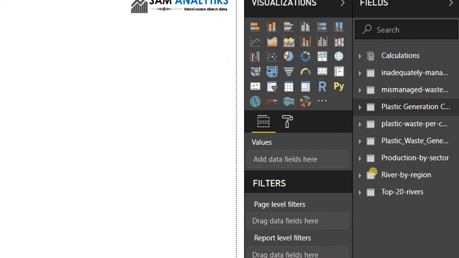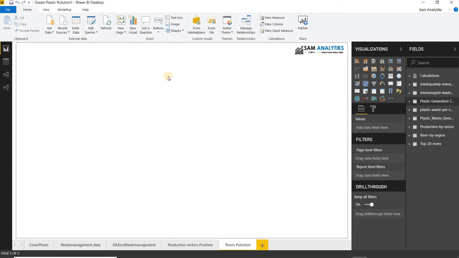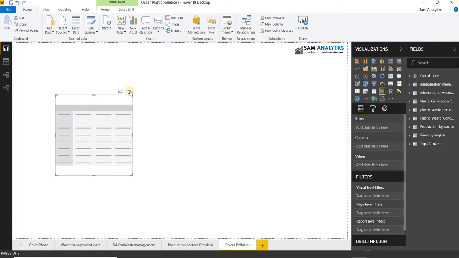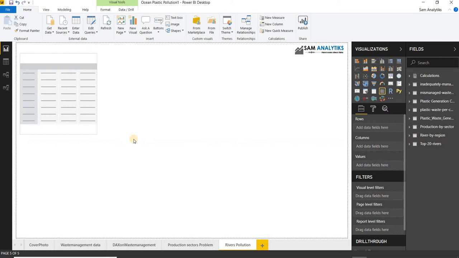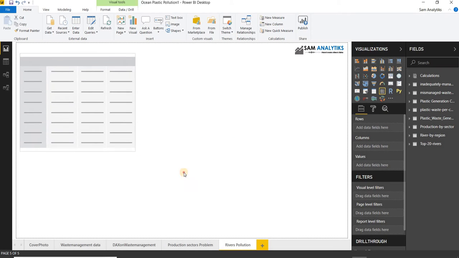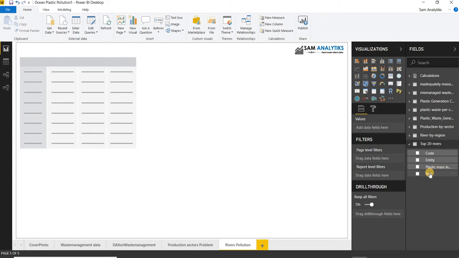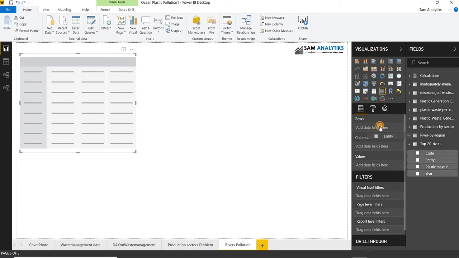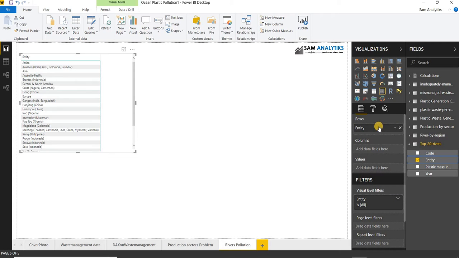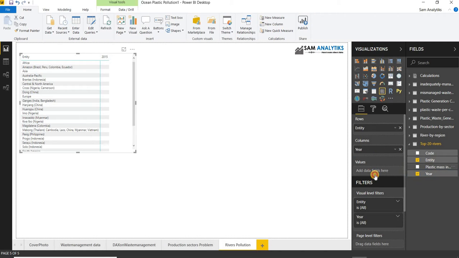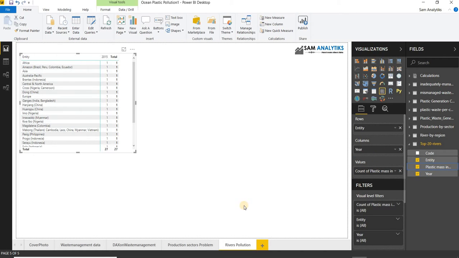Now, if I take the river by region, I would first consider the top 20 rivers. So if I take my matrix in here and put this one at the very top, and what I'll do is I will take the entity into the rows, and the number of the year it actually happened, and plastic by mass into the values.